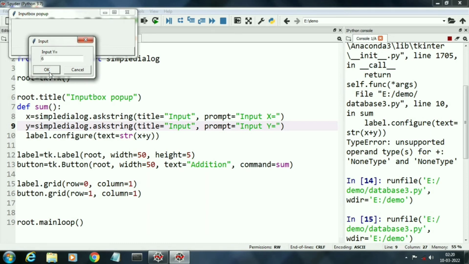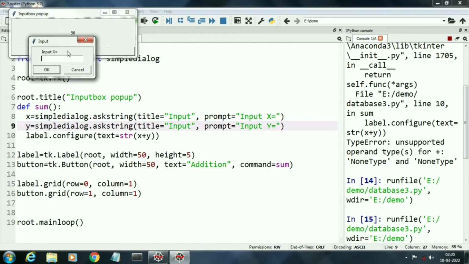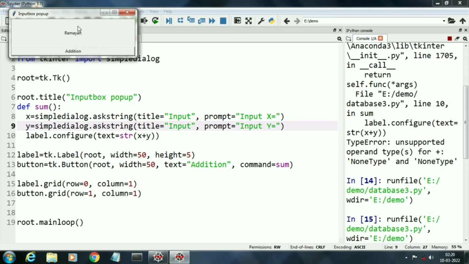Now it will display the summation of 5 and 6 as 56, because here when we use plus operator between two string values, it just concatenates both the values. I am inserting another input Ram and Ayan, and it is displaying concatenated value Ramayan.